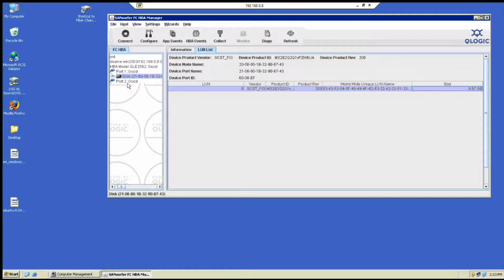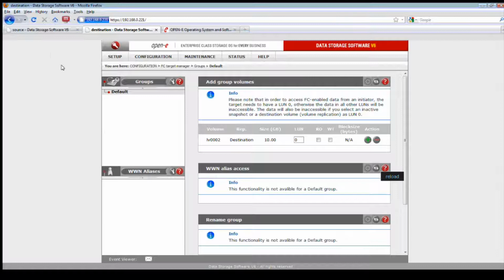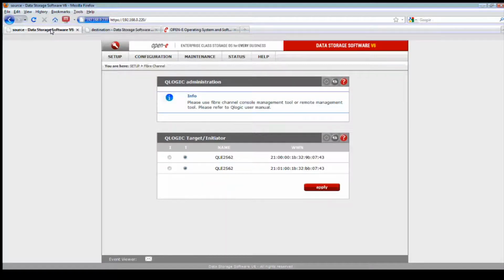All right, so now we know we have data on our Fibre Channel volume. Port 1 is directly connected to the DSS source server. Port 2 of this HBA is connected to my destination server.